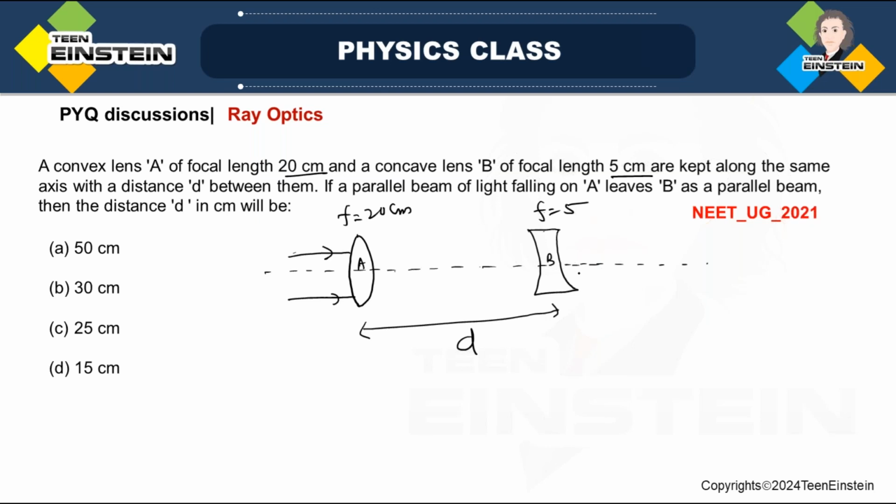Along the same axis, distance d between them. If the parallel beam of light leaves as a parallel beam between the two lenses. So the question says you have a convex lens of focal length 20 centimeter, okay, and then you have for both of